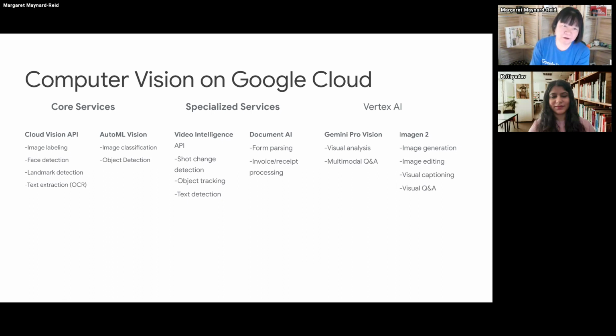Captioning is like you give it an image and it describes the image in a short sentence or very elaborately in a long sentence. And visual Q&A allows you to actually ask questions about the image. So yeah, I thought I'd just point out Gemini since the course did not mention that. And if you wish to learn more about Gemini Pro Vision, Imagen 2,